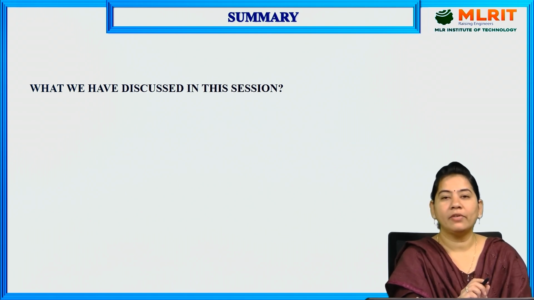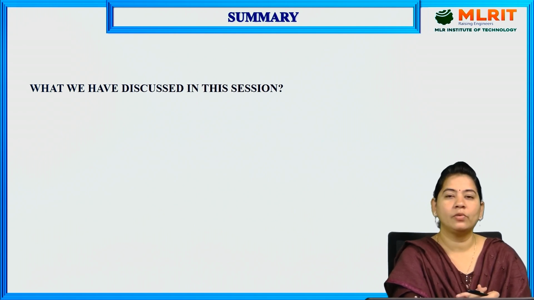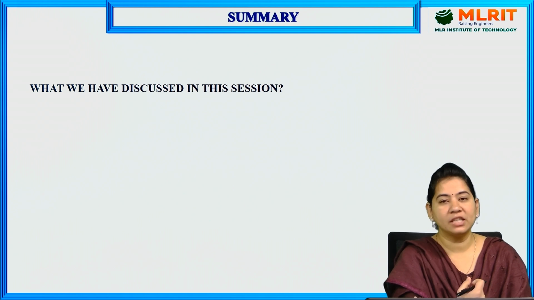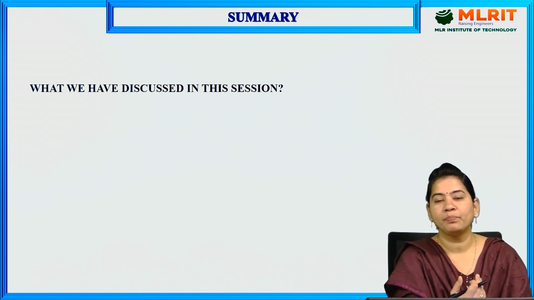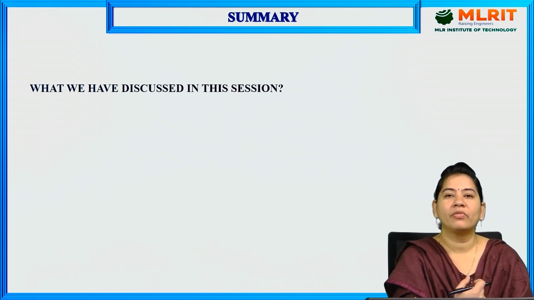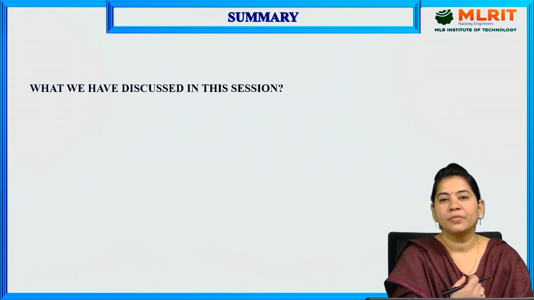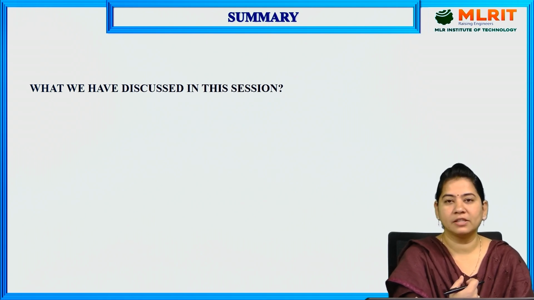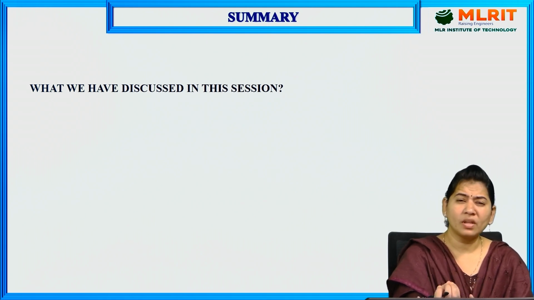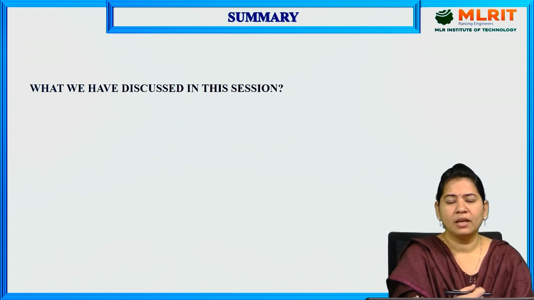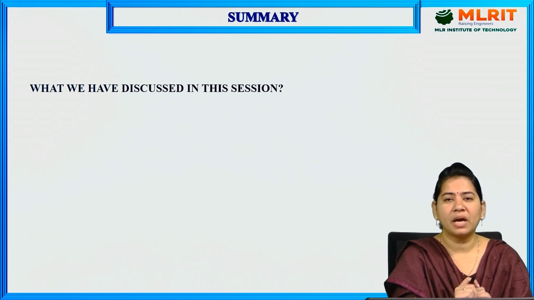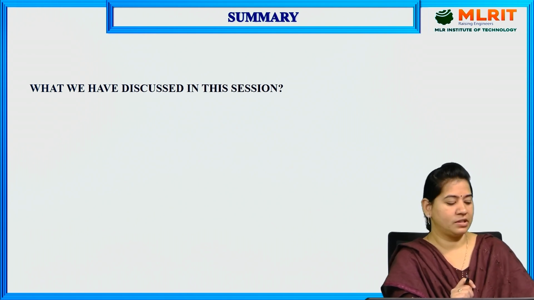So what have we discussed today in our class? First we discussed what an equivalence class is, how to find the equivalence classes and how to represent them, based on the equivalence relation. Next we discussed the partition set: what is its definition, and how to find out whether the given subsets form a partition set or not. Next, what is a covering set, and how to find out a covering set. What is the difference between a covering set and a partition set? This is all about today's session.